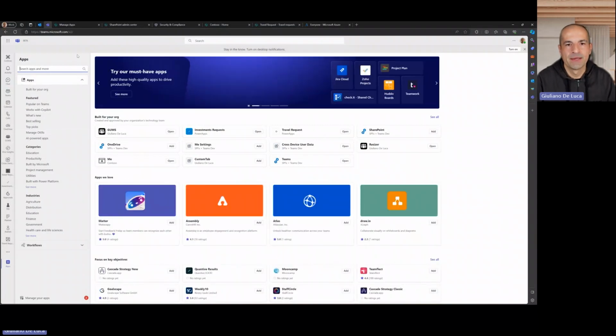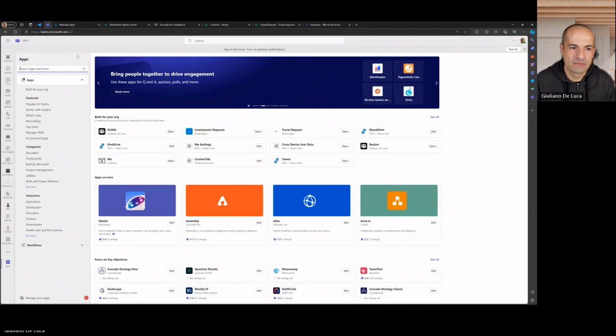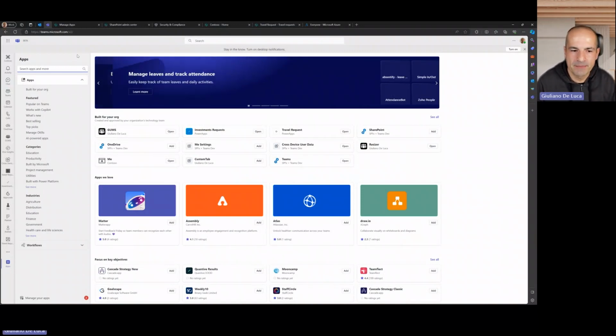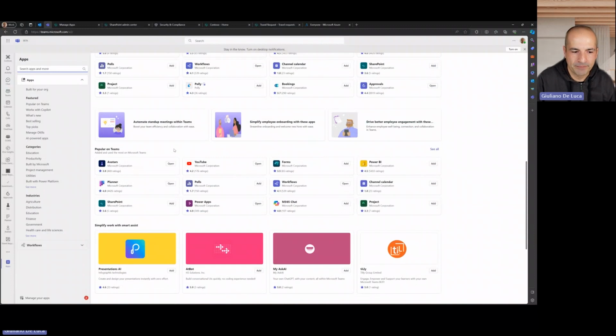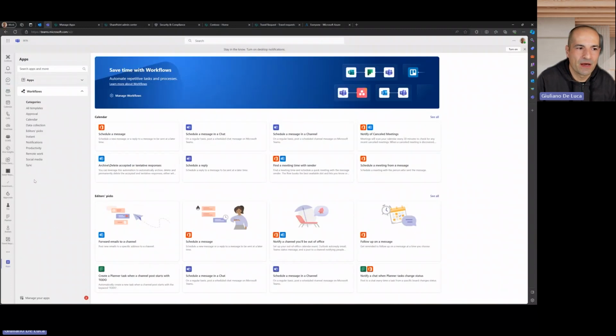We have here the apps catalog available. There are third-party apps that you can use. There are a lot for free and others require a license, but here you can start exploring existing solutions which you can take advantage of in order to speed up your productivity. Here on the left, we can see featured categories and industries, and where I would like to put my focus is on workflows. Clicking on workflows, we are now using Power Automate,